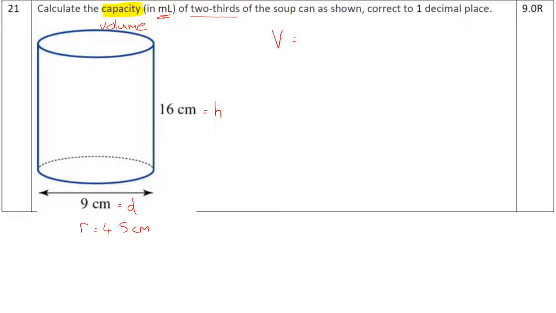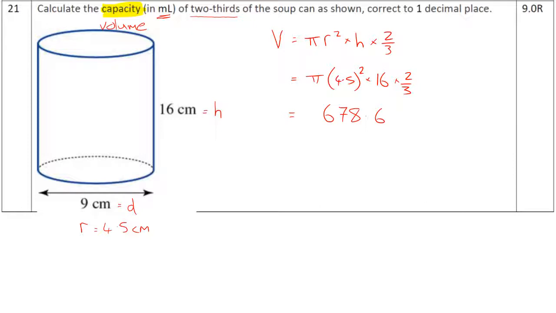Now remember, the volume of any right prism is the area of the base multiplied by the height. So we've got pi r squared is the area of the base multiplied by the height. Now we want to find 2/3 of the soup can, so we're just going to multiply that by 2/3. So then all I've got to do is substitute my numbers in. So pi times 4.5 squared times 16 times 2 over 3, and I'll just make that point a bit bigger, we end up with